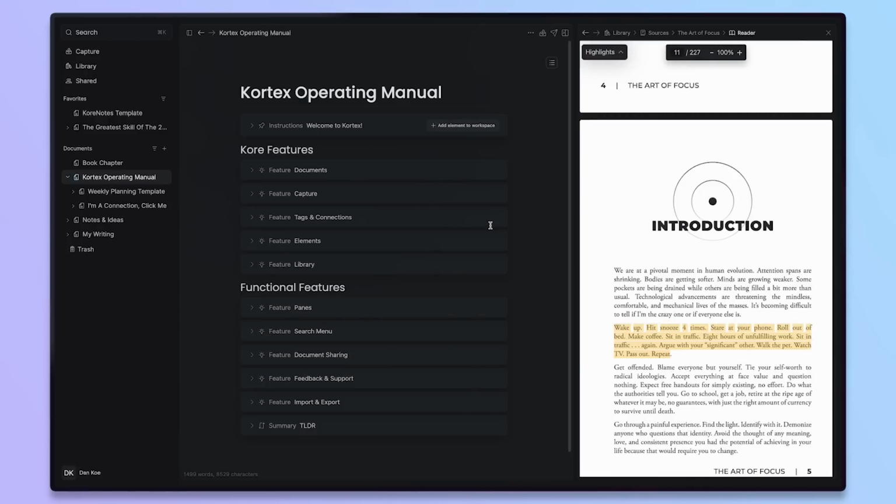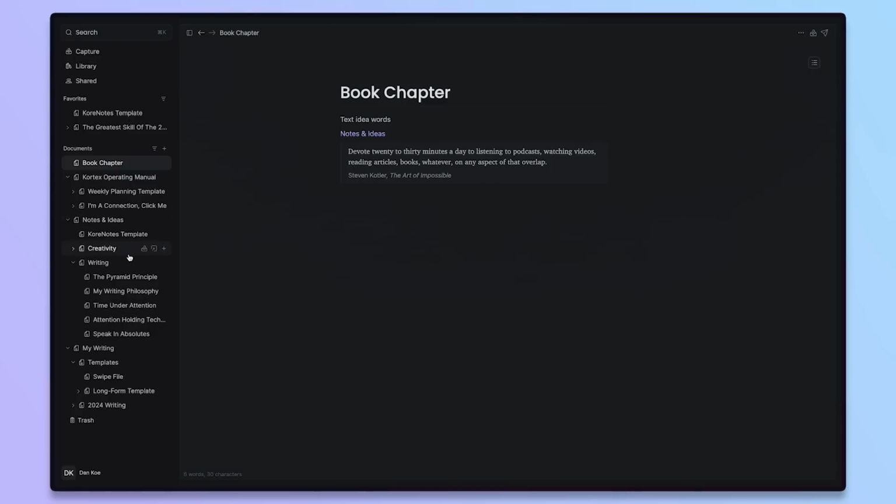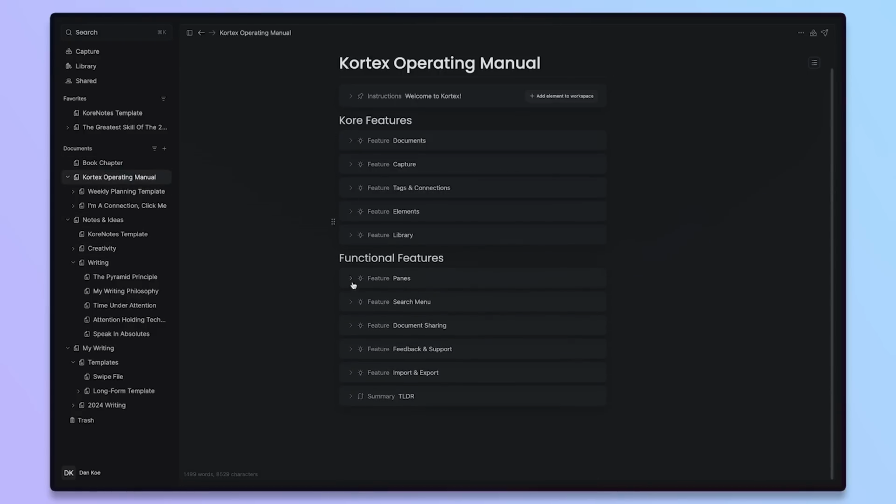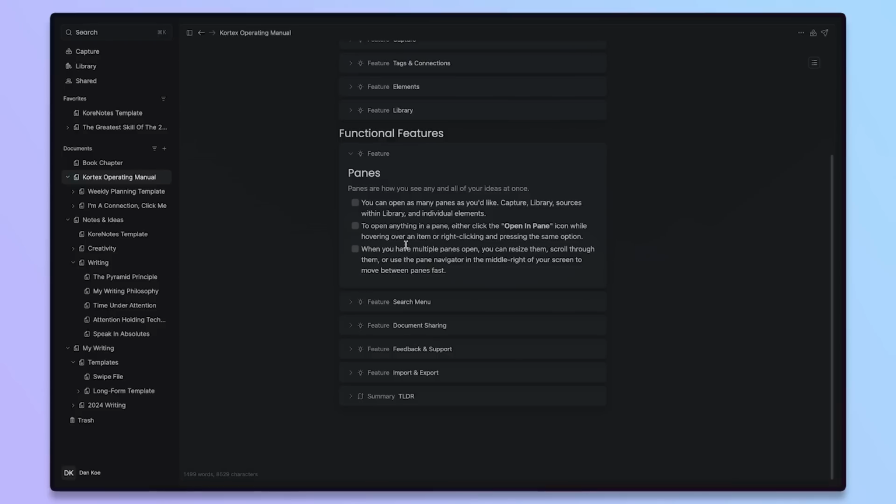as I'm writing or doing whatever I want. Now, going into the next thing from the Kortex operating manual are panes, which we've gone over, but in a nutshell, you can open anything in a pane. You can open this in a pane, you can open this in a pane,